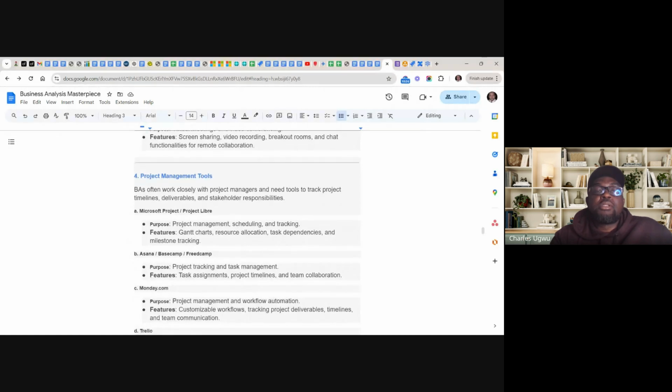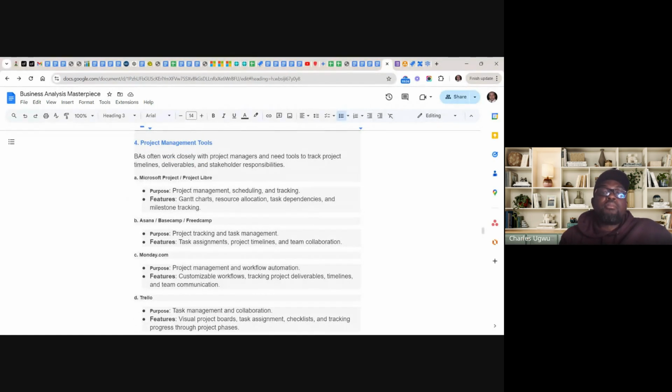And when we're doing project management, we try to master some BA tools as well, like draw.io, some of these diagrams. Project managers sometimes create some diagrams. And BAs as well, they use project managers' tools while doing some work in order to track their own deliverables, track their milestones, and even collaborate with stakeholders. So we have Microsoft Project, we have Projectlabor, and the purpose here is project management, scheduling,